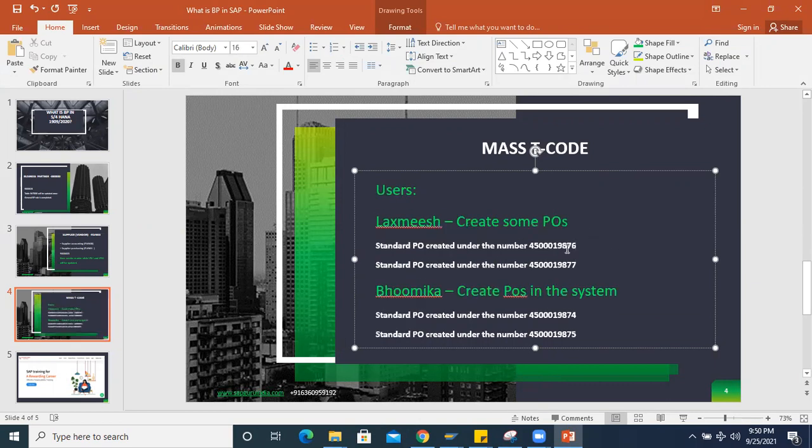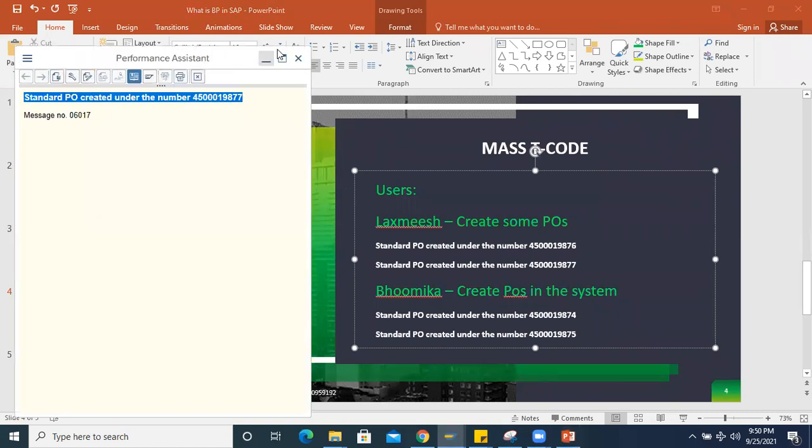If anyone asks, manually we can change this purchasing group through ME22N. But on a daily basis, if 10 or 20 users are creating purchase orders, and somewhere they want to make a mass update on some of the fields at PO level, how do we perform that? I'll show it in the system now.